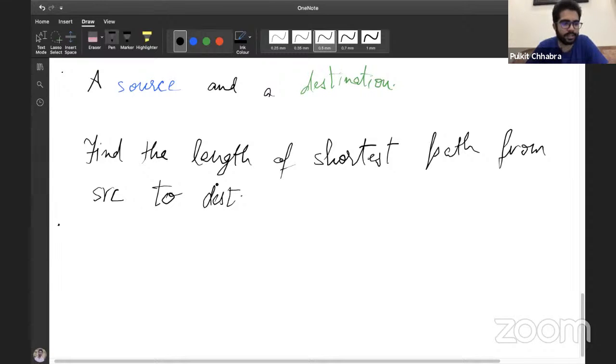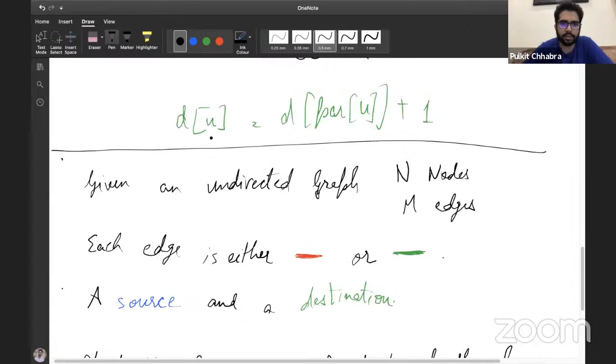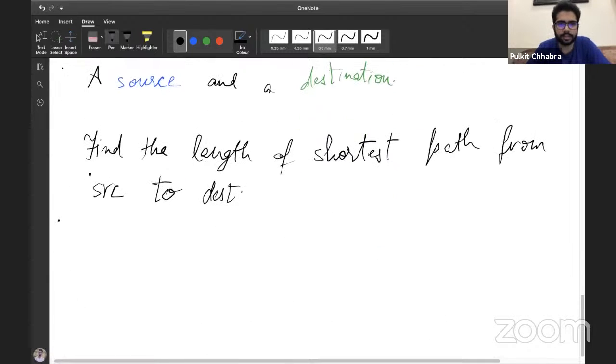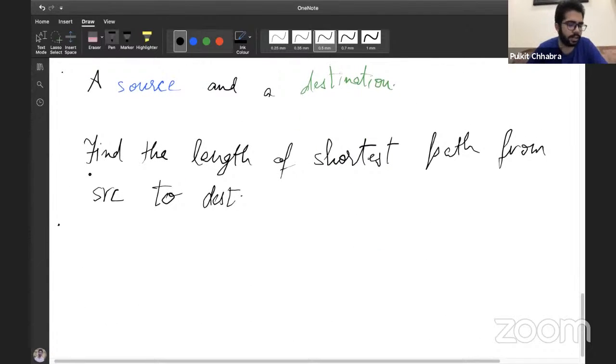If the question was just this, find the shortest path from SRC to destination, and also it is being given that the weights are one for each edge, so the graph is unweighted, it would have been pretty simple. We have already covered it. Just apply BFS from the source node, and whatever is the distance of the destination node is our answer, right? But the question is to find the length of the shortest path from SRC to destination such that the following conditions are met.